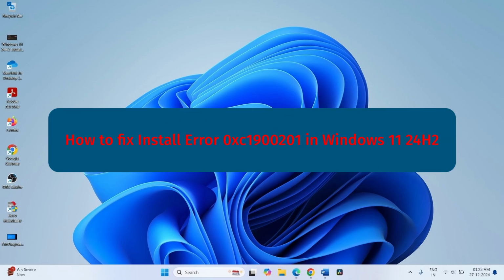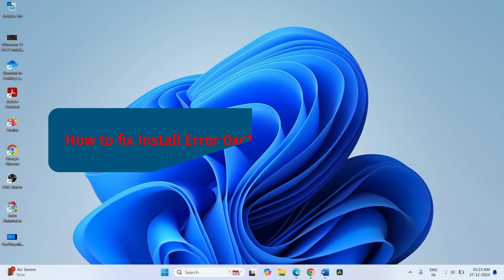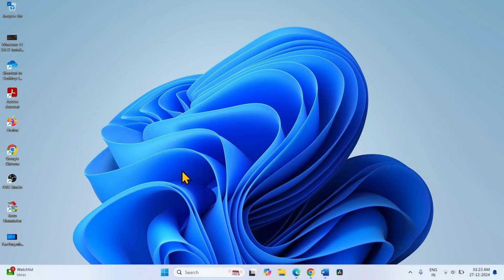How to fix install error 0x1900201 in Windows 11 24H2. Hello friends, the error code